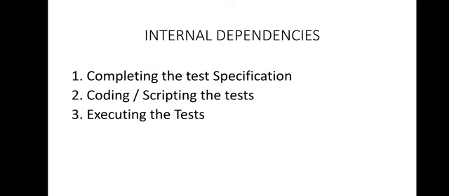If it is there, then conflicts will be there. So we have to also check for these things. When we talk about the external dependencies and internal dependencies, then based on the dependencies and the parallelism possible, these test activities are scheduled in a sequence.